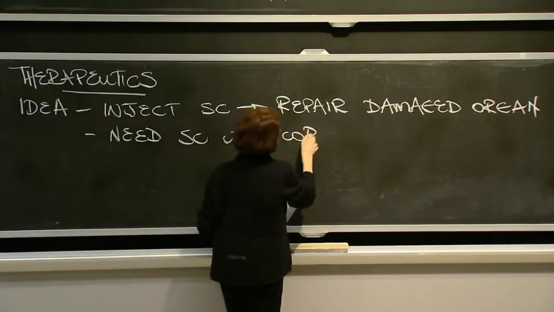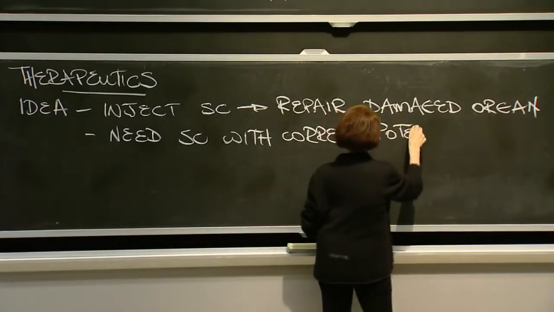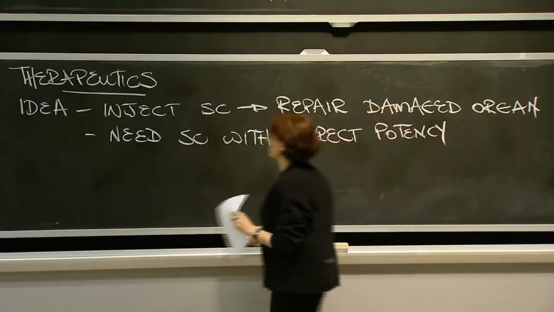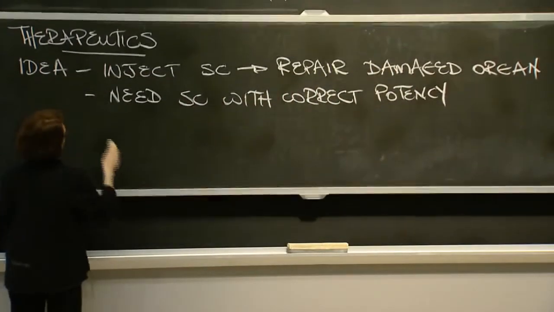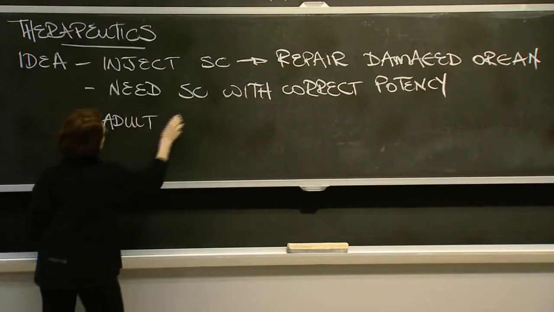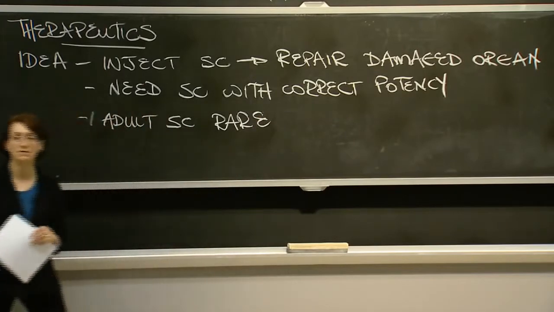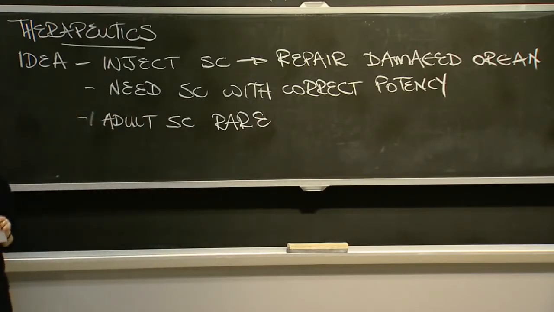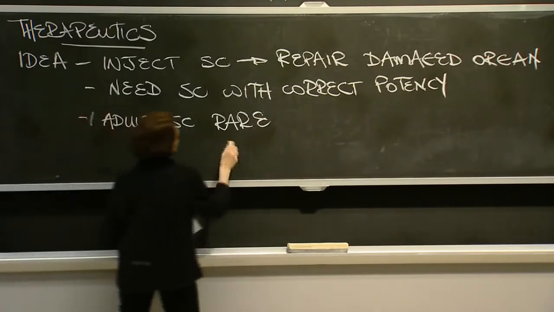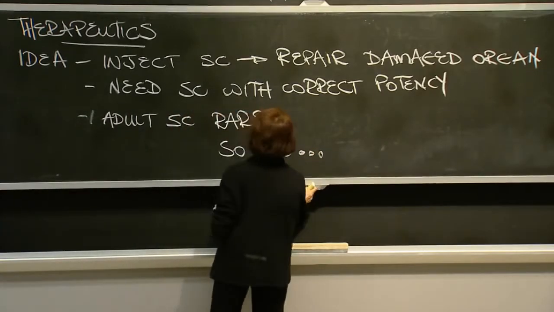Otherwise, you're not going to repair the specific organ. But adult stem cells are very rare. And so the quest has been to find some kind of substitute for adult stem cells. And those substitutes